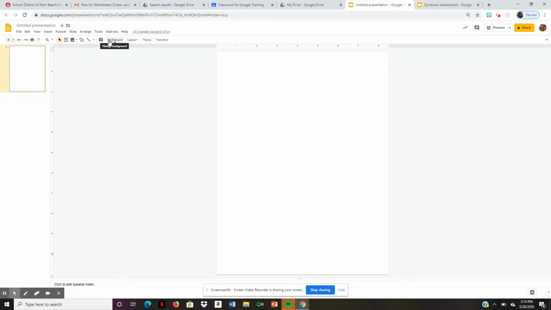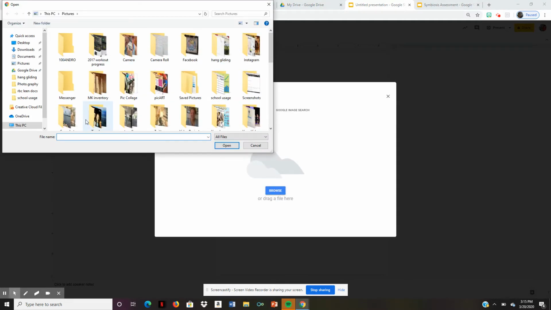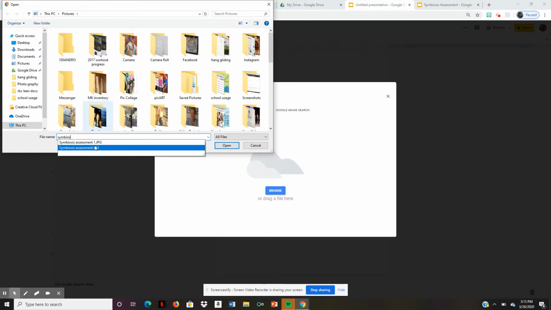And what I'm going to do is upload it as the background. If you're clicked on a text box or something, this won't be up, so make sure you don't have anything on the page, and you're just going to hit Background. And then you're going to have this option to choose an image. So you're going to upload it. I'm going to upload it from my computer. If you save it to Drive, it'll be there. So you're just going to put that picture in,